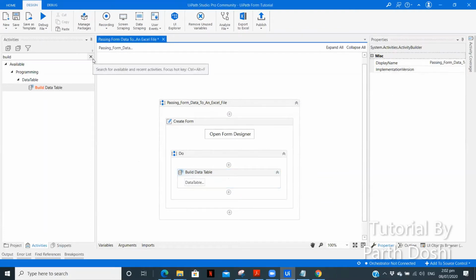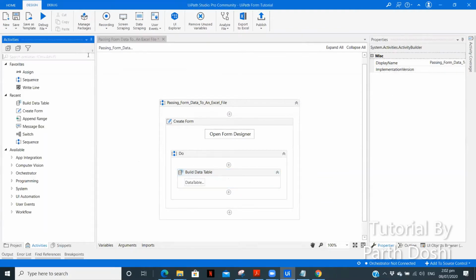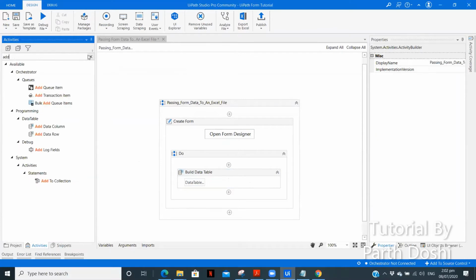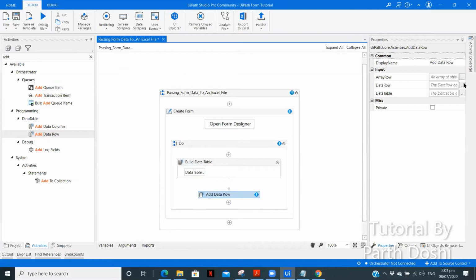Now, after we have added the data table, we need to add a row and append it to an Excel file. So we'll add a row over here, and in that we'll add a data row.